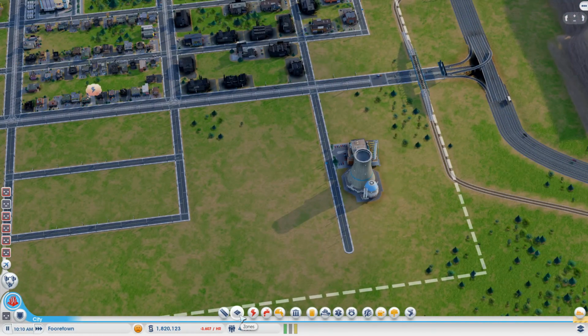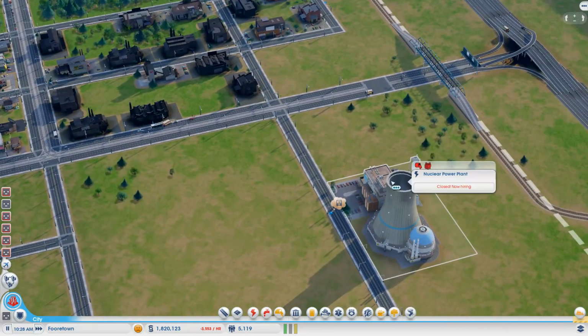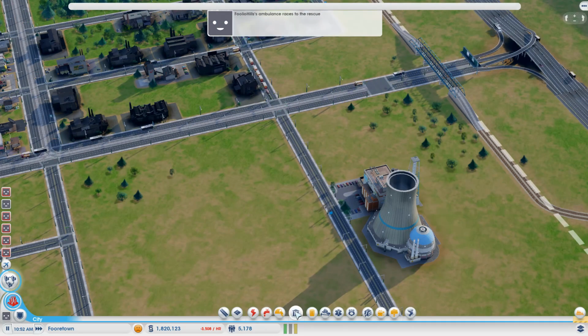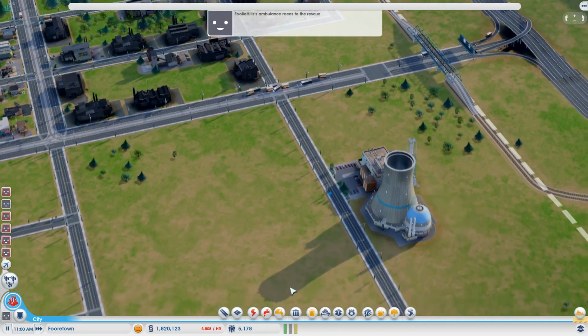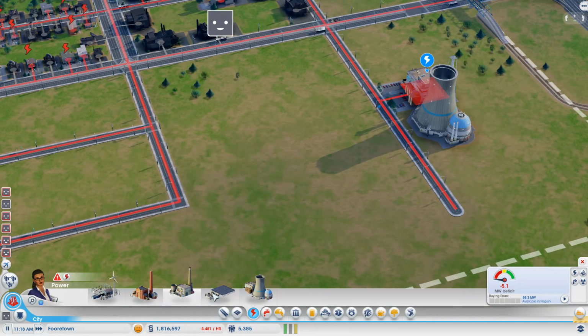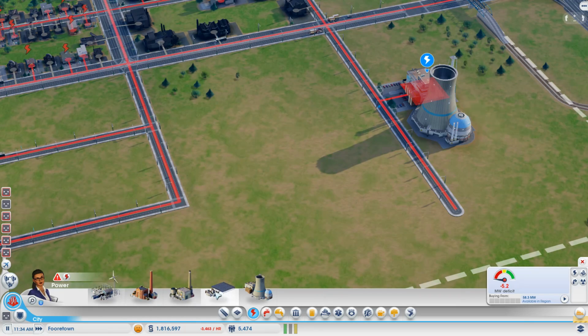Okay, maybe it wasn't the best option to pick nuclear plant straight away. I was more hoping workers from out of town would come here and work in here. But it ain't really working, is it? No, not really. Right, we're going to have to then be forced to drop something like this down. So we'll go with...